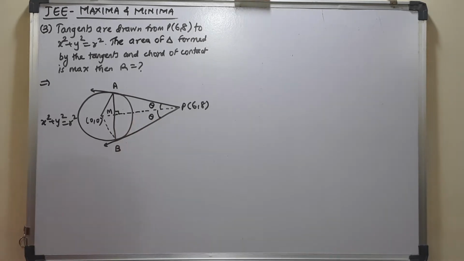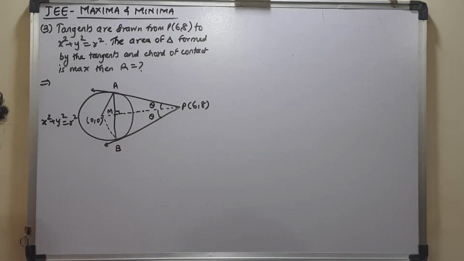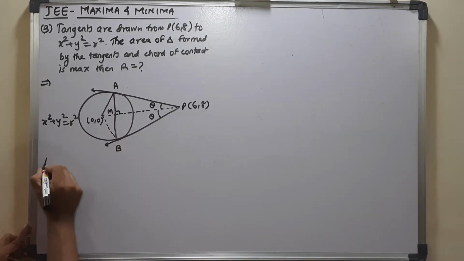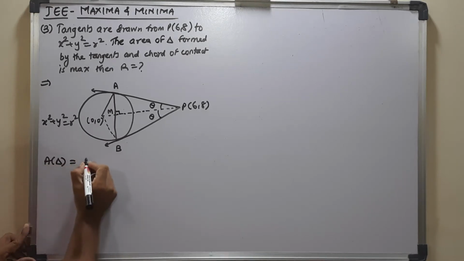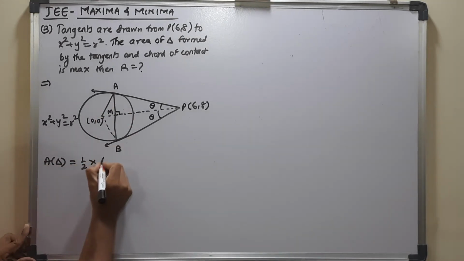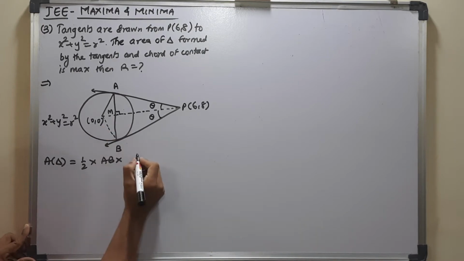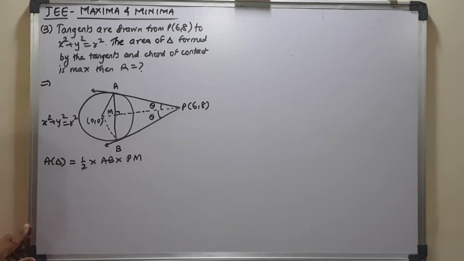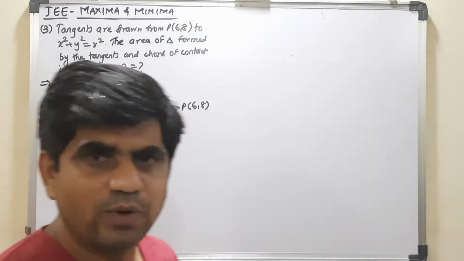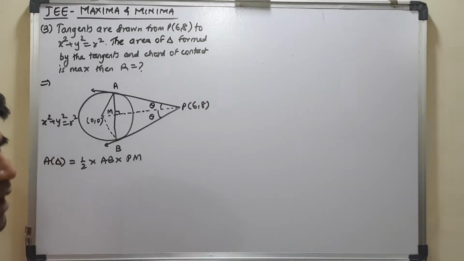Now the area of triangle that I require, let me write finally, area of triangle is half into base into height, that is PM. That means I need to get the replacement according to that, that is AB, PM, and so on. Right? So now